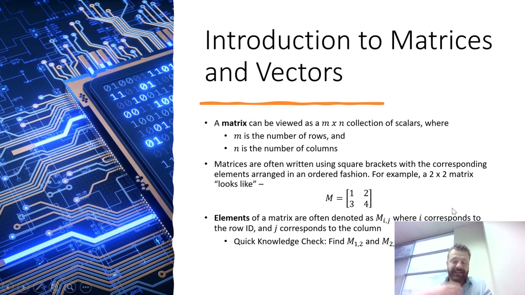So this matrix could be described by its size, which is 2 rows. When we number, we start in the upper left-hand corner, row 1, row 2, by 2 columns, column 1, column 2. So we would refer to this as a 2 by 2 matrix. That's how you actually say the cross or X that's in between the dimensions here. And traditionally, when people are describing the sizes of matrices, they call the number of rows m